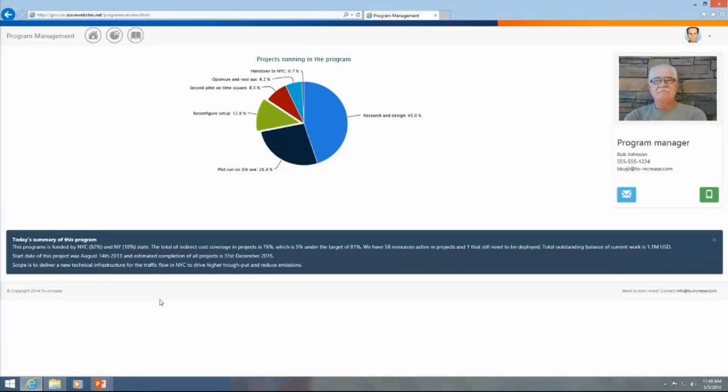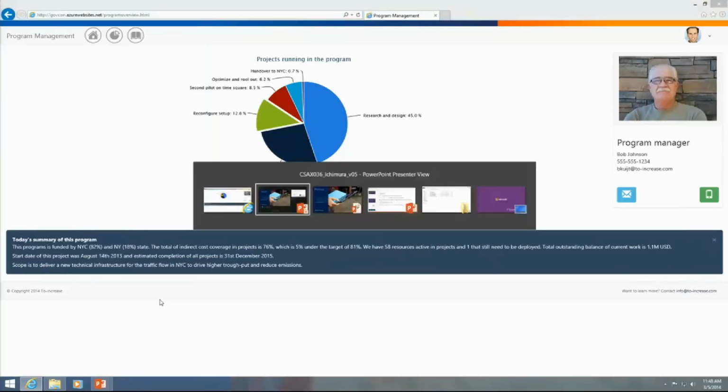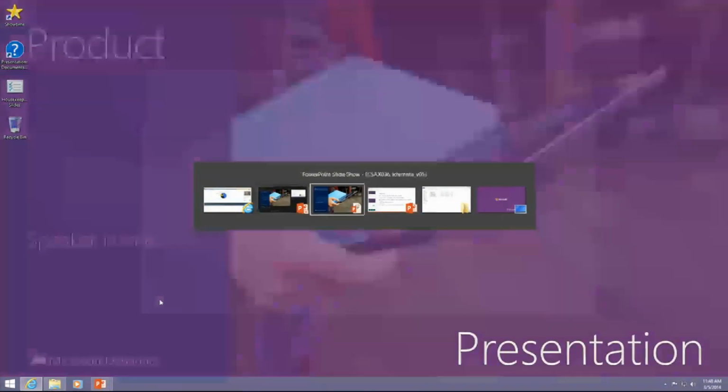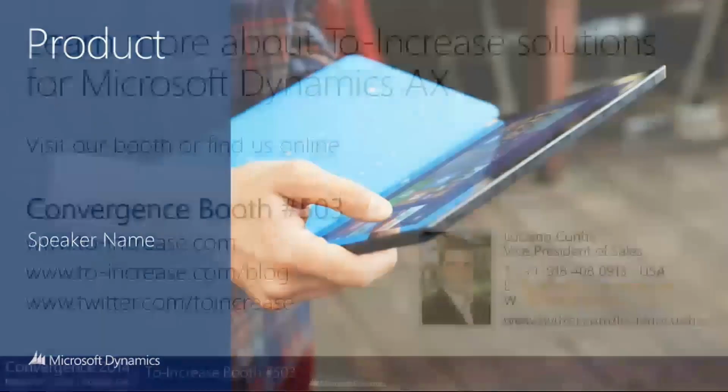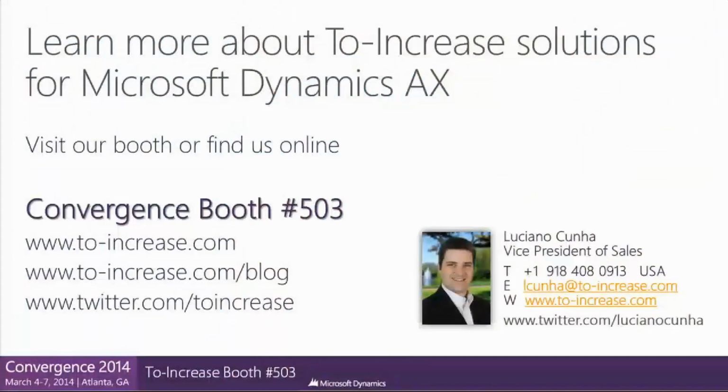Really, again, the story from To Increase is compliance is great, and we're bringing that to market. And you can come to our booth, and we'll share that with you and what we're doing there. We can do a demo for you. But there is more than just compliance, and we bring that end-to-end story from business process management to assure compliancy, not just the software that is going to bring you compliance, to the deep industry functionality that's required for both